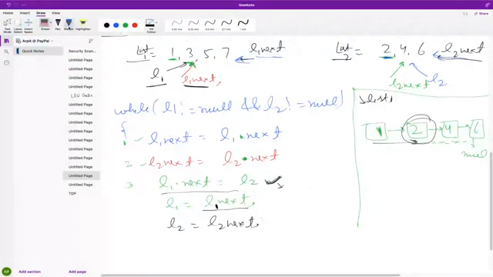Okay, so now I was asking how to delete this 2. Any ideas, guys? How to delete this 2 from the list 2? We already have 4, 6. We already have 2 references for that, L2 and L2 next. We just need to delete this 2 from list 2. What should we do? I think we can say that